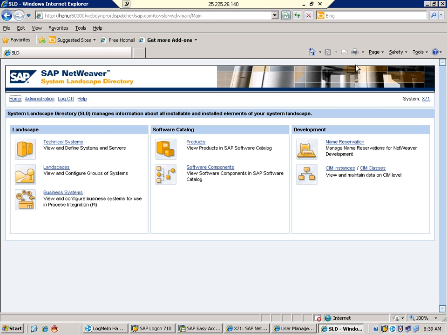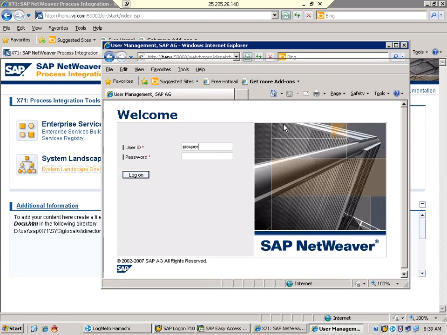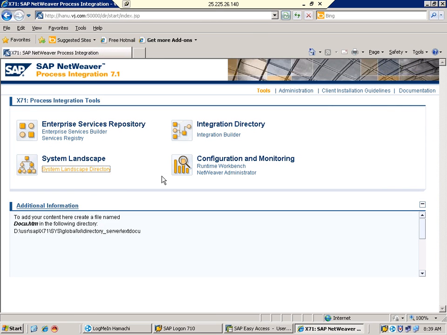So this is the use of SLD. Basically, SLD is just like a server to PI, because we create business systems, technical systems, products, software components, and all those things, and those objects will be used in the Enterprise Service Repository and Integration Directory. So if I go to Enterprise Service Builder,